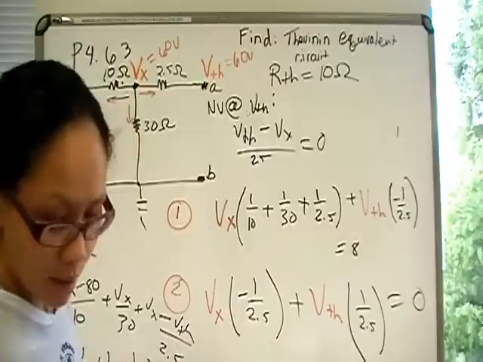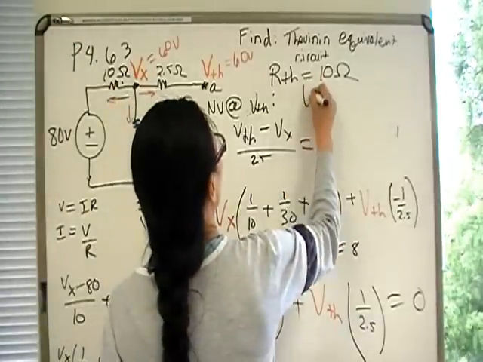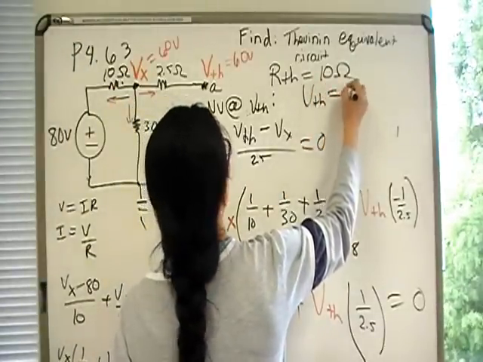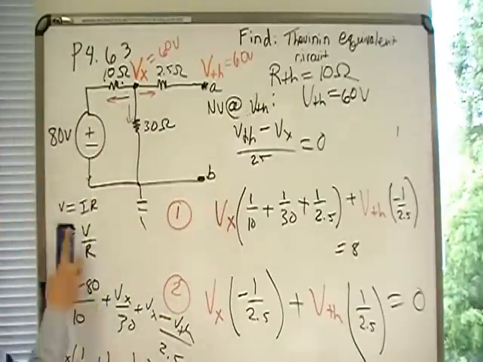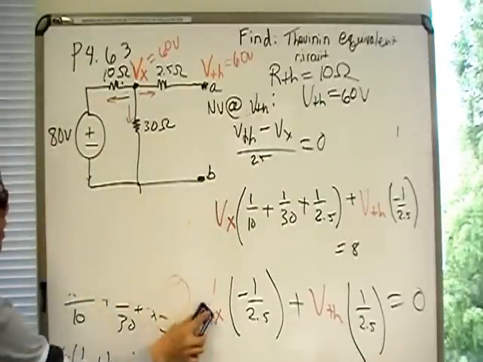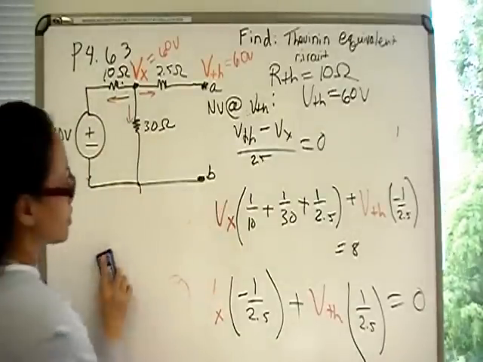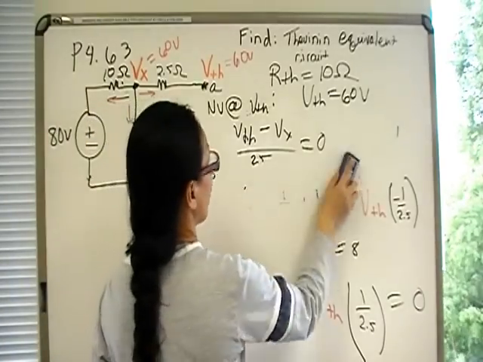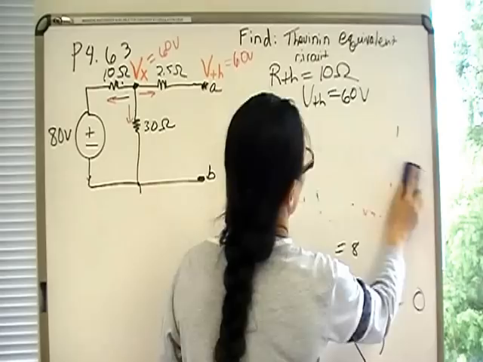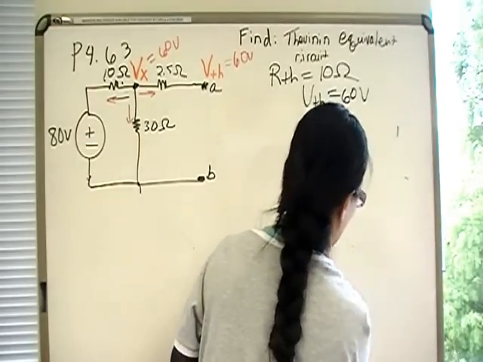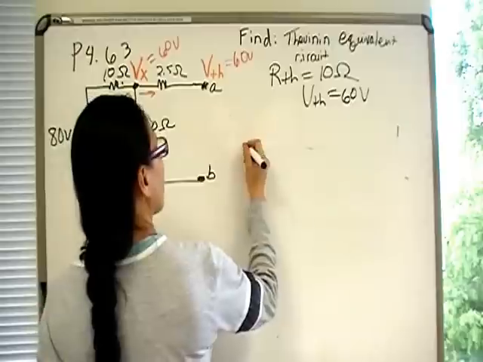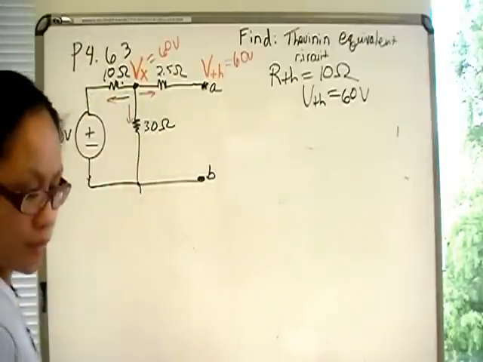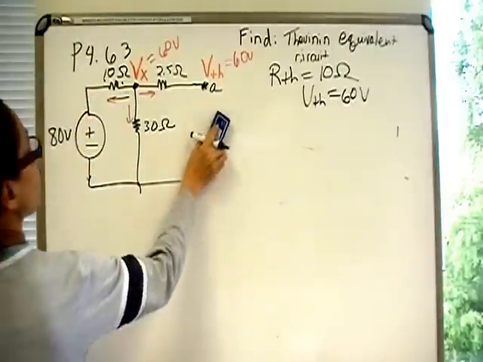Let's draw our Thevenin equivalent voltage. Write a note here, V-Thevenin is equal to 60 volts. And a Thevenin equivalent circuit is the voltage source, the V-Thevenin, in series with the R-Thevenin. So, alright, so our Thevenin equivalent circuit is